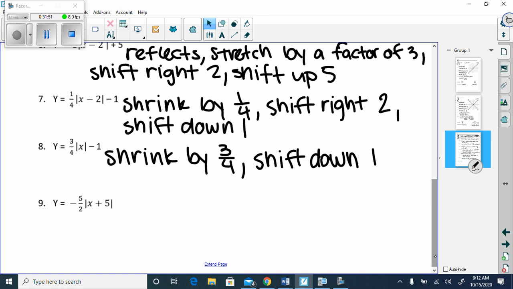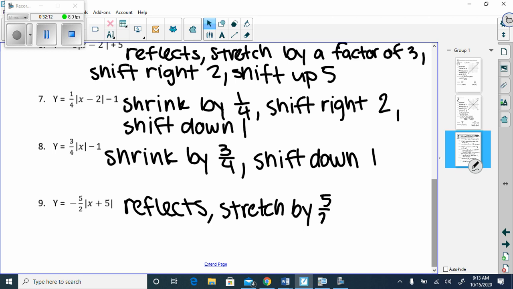Alright, last one. The negative in front tells us good. What about 5/2? It's bigger than 1. Good. So it is going to be a stretch. Okay, and then what about that +5? What's that going to